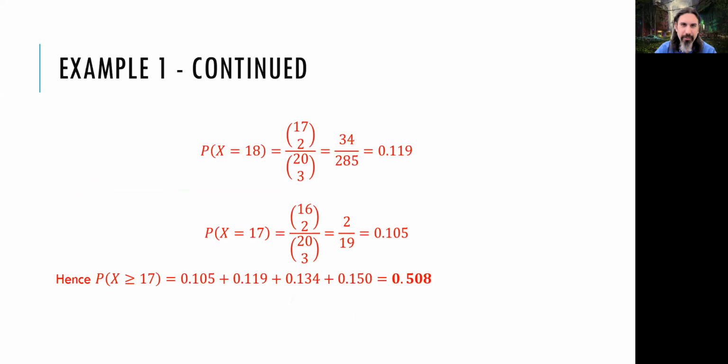And then I have to pick 17 as well, because it says as large as or larger than 17. So 17 is accepted as a large number as well. If I pick 17 as my largest number, then I have 16 more numbers left. So 16 choose 2 over 20 choose 3, which is going to give me a probability of 0.10. Now, from these probabilities, I will add them together, and I will get a probability of 0.15. This is what we were looking for: the probability of x, the largest number I have picked, being equal to 17 or maybe higher.